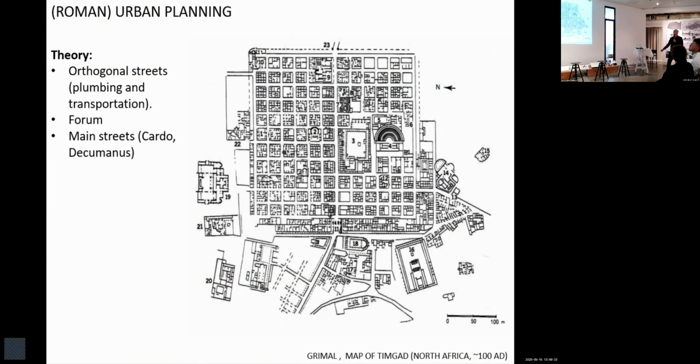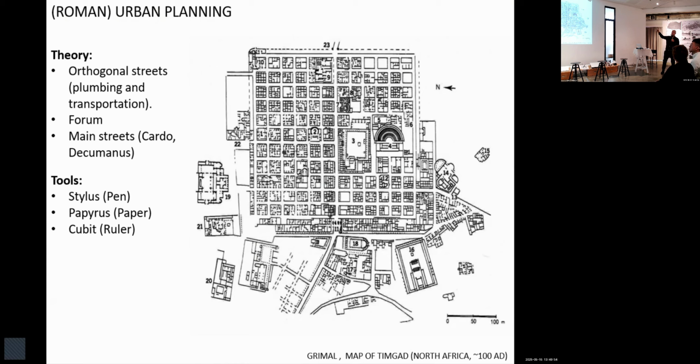They talked about the autonomous streets and the forum and the main streets. And they also had tools. Now, their tools were very primitive. They had pens, and it wasn't even paper, it was papyrus, and some sort of rulers. But that was enough for urban design at that time.